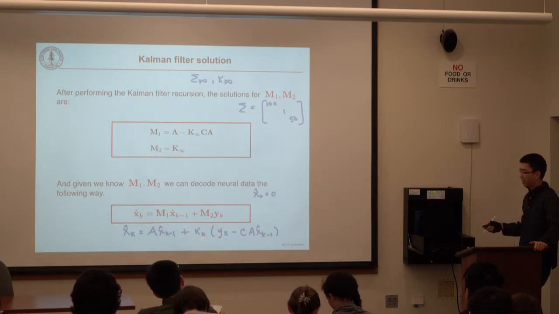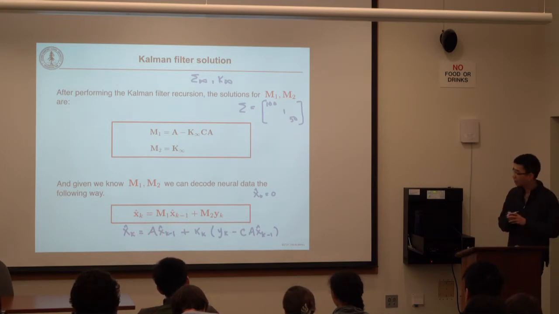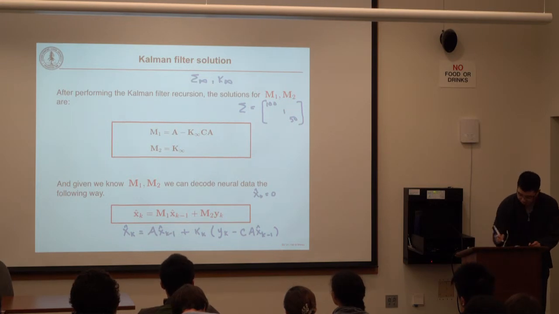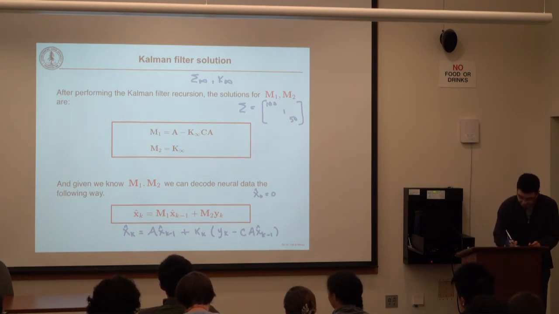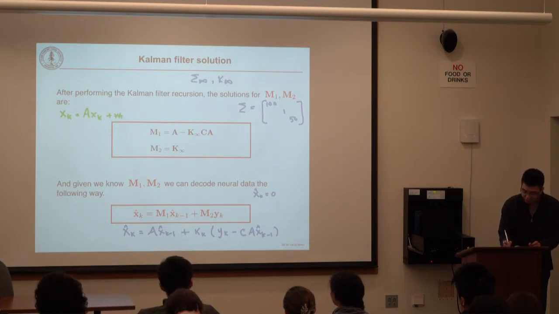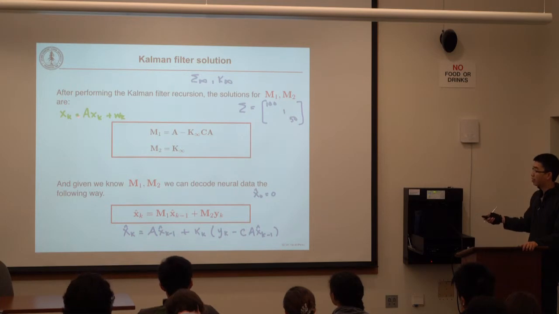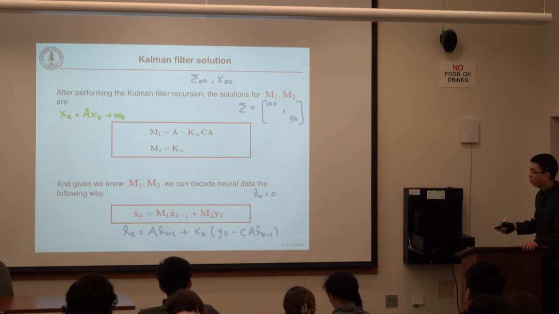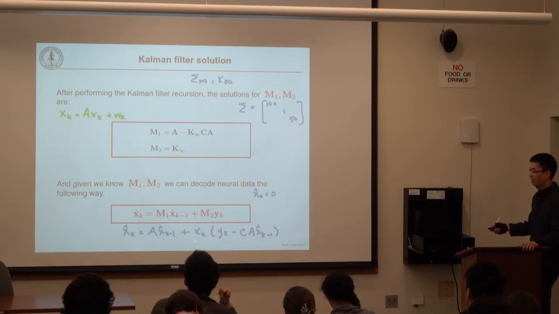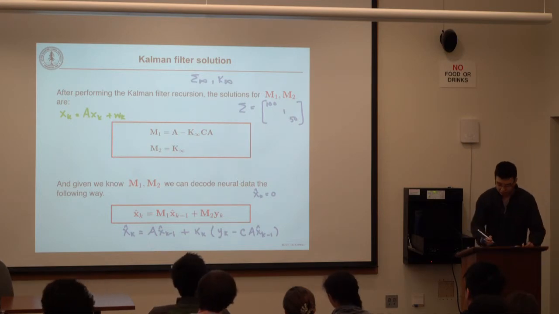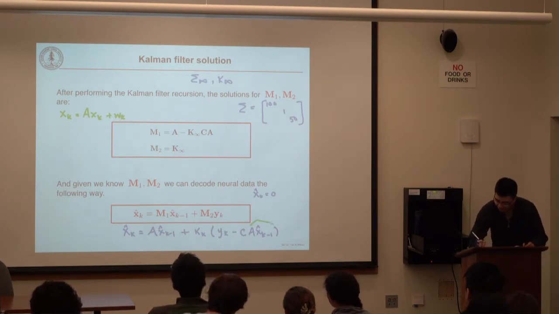What this equation is saying is that xk is first the dynamical update of a x hat k minus 1. And so this is nothing but that equation xk equals axk plus noise. All right, so first we're going to just update x hat k by our dynamical model. And then what you can think of is that this term here is a correction term. It's an error correcting term. And how can we see that? Well, first we see that a times x hat k minus 1